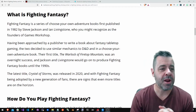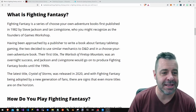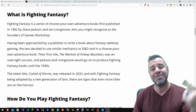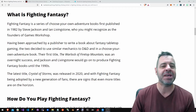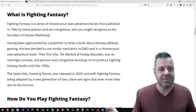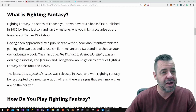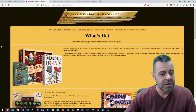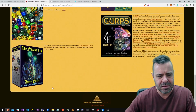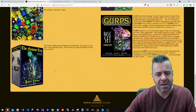Okay, so before we get started, what is Fighting Fantasy? It is a series of choose-your-own-adventure books published in '82 by Steve Jackson and Ian Livingstone. Steve Jackson has made 10 million games. I can only assume this is the same Steve Jackson who's made everything under the sun, from Munchkin to, I think, Steve Jackson Games. I think he made...